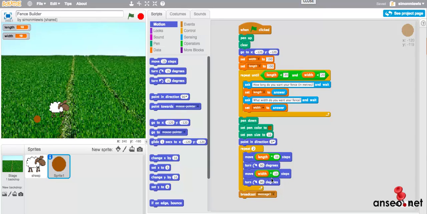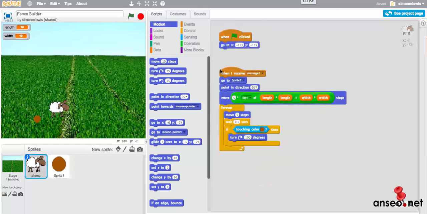So we can see that in action. And then we broadcast something called message 1. Now, if you are quick-sighted there, you might have noticed that message 1 was seen with the sheep. When I receive message 1, so it's doing nothing until it receives that message, it goes to its sprite, which is you